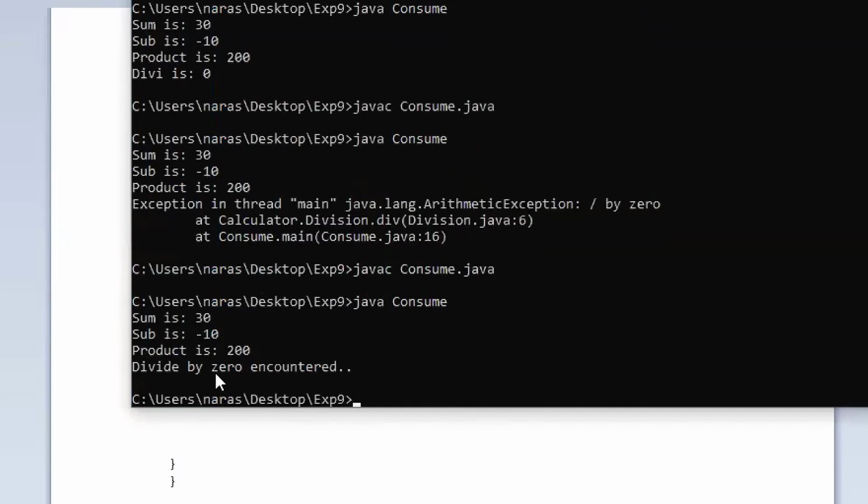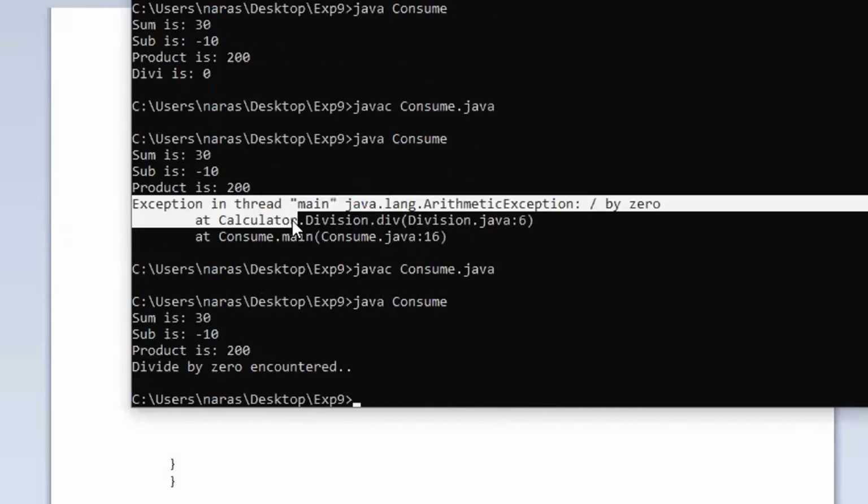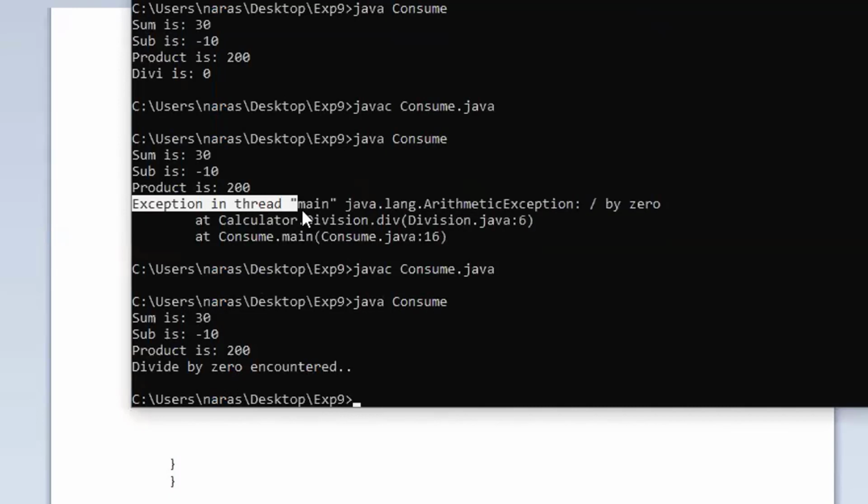Now it is not showing any message saying exception in the thread, because this particular exception has been caught by the catch block. It will print whatever statement you wrote in the catch block, like divide by 0 occurred. Instead of just writing a System.out.println statement, you can initialize the value of div to something. It can be done. Clear with the example?